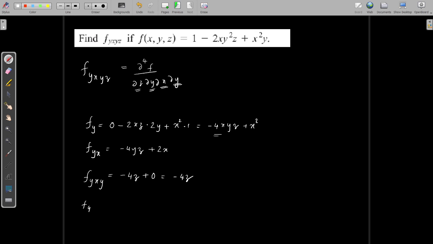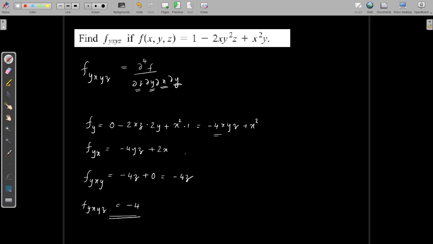Now you evaluate fyx yz. So you will differentiate this expression with respect to z. That means differentiate this with respect to z by taking minus 4 as a constant, then this will be the final answer. So in this manner you can evaluate the partial derivatives of any function, any higher order partial derivatives